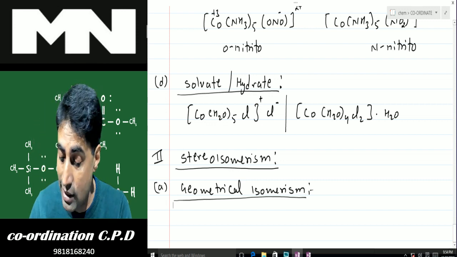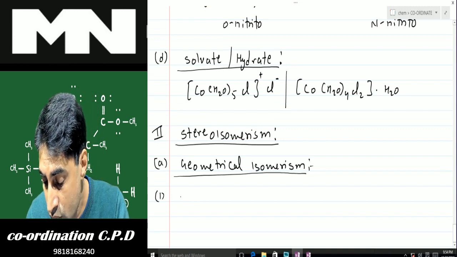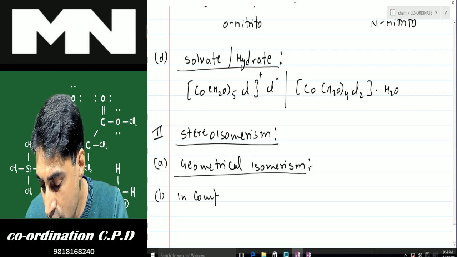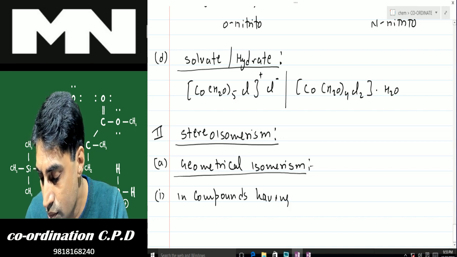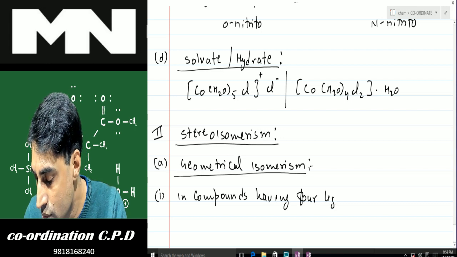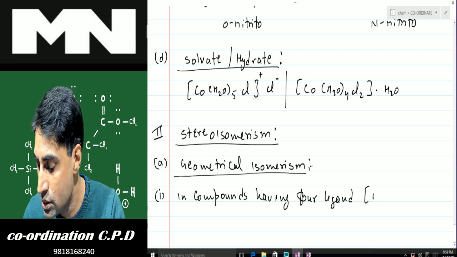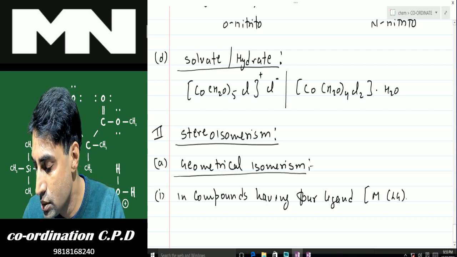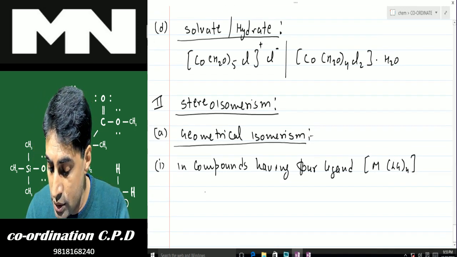In both tetrahedral and octahedral complexes. So first is in compounds having 4 ligands, 4 monodentate ligands. When I talk about this type of compound, you cannot see isomerism in, say, you got